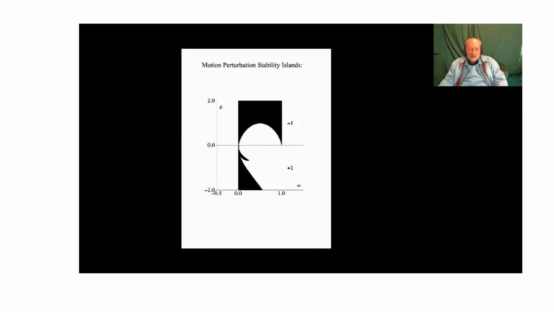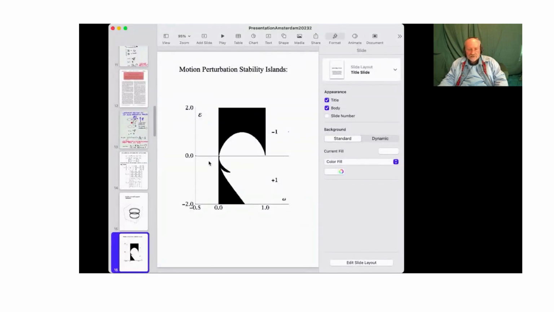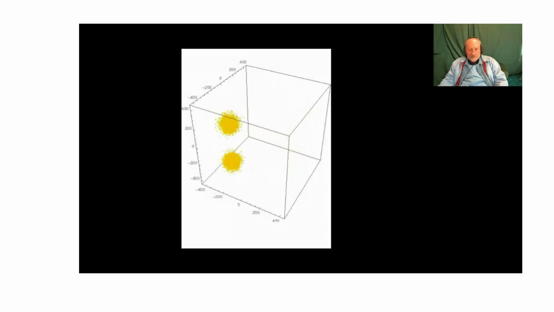This is the stability diagram, in units where the magnetic field term is either +1 or -1 only. The x-axis is the frequency, and the y-axis is the electric field. This is how they look in the Monte Carlo simulations. This is the movie. So there are two electrons moving on two parallel circles.